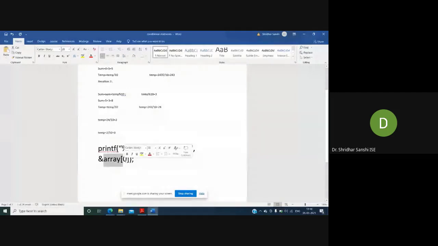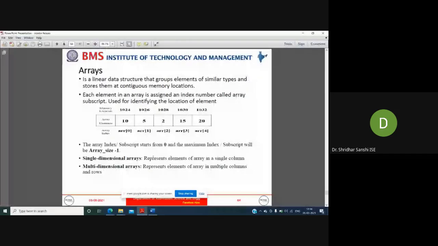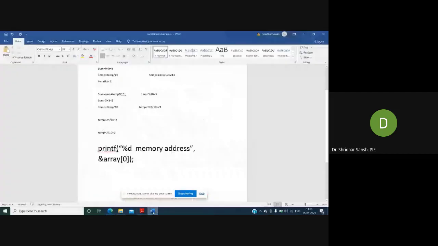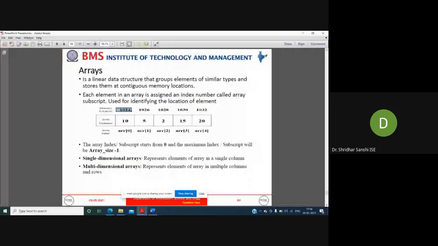So array of 0 is present in which memory address? What will it display? It will display 1024. For this particular example, 1024 will be printed. Any doubt?